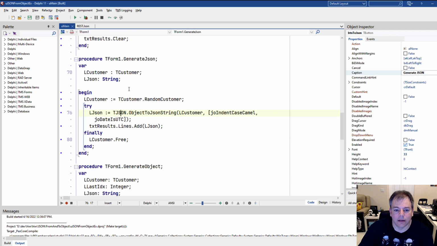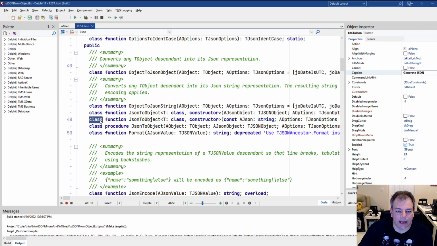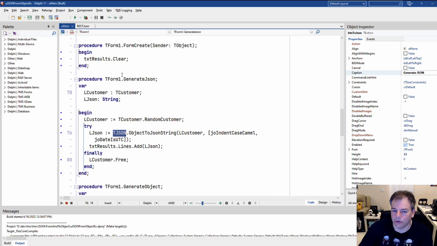So going back to the generate JSON method, we see we can call tJSON, and that is also a class function. So we don't need to instantiate tJSON. We can directly call on the class tJSON object to JSON string. What is our object? L customer right here.